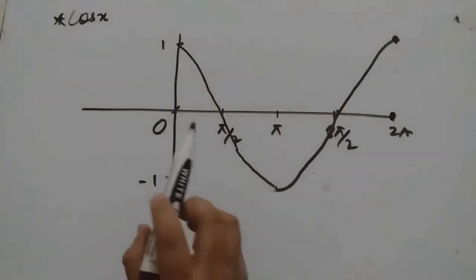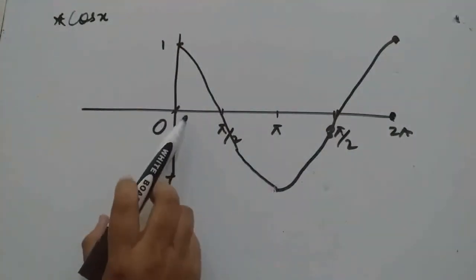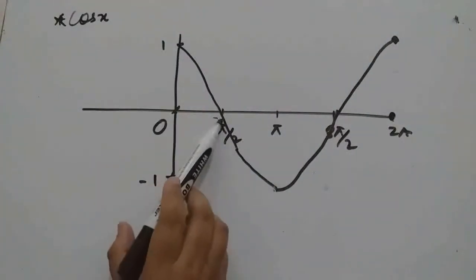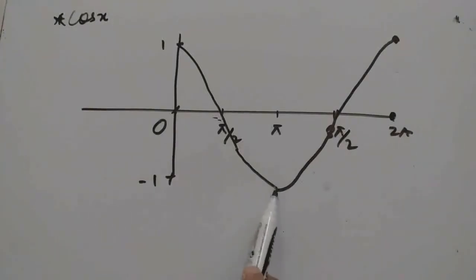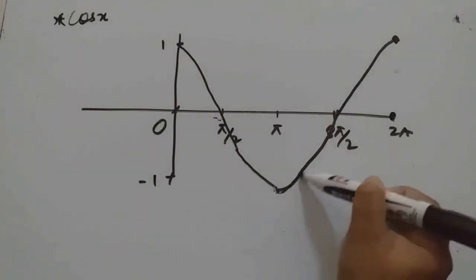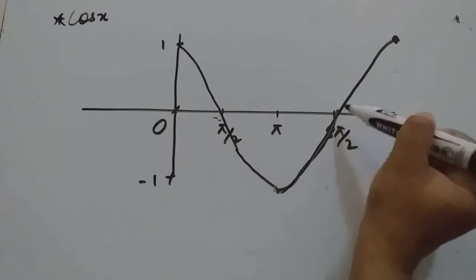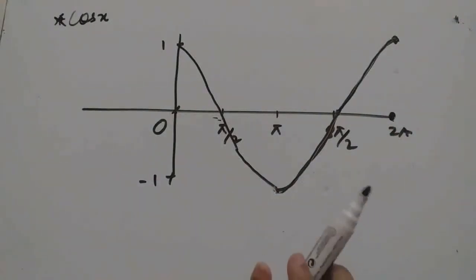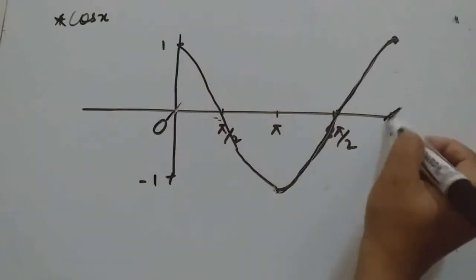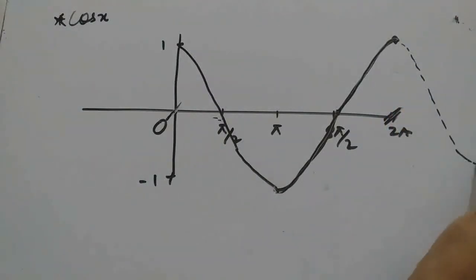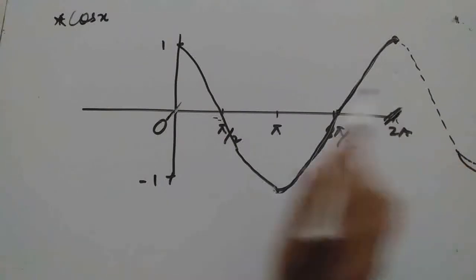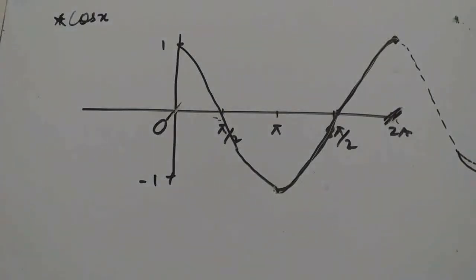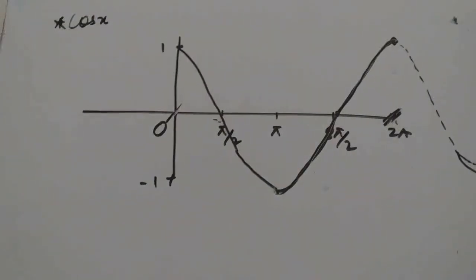So what is the behavior of the cos x function in the first quadrant? In the first quadrant it decreases from 1 to 0. In the second quadrant it decreases from 0 to -1. In the third quadrant it increases from -1 to 0, and then in the fourth quadrant it increases from 0 to 1. So this is called behavior. And here also, see, again we will get the same graph. So cos x is also periodic in nature, and the interval is 0 to 2 pi, meaning after an interval of 2 pi it repeats its values.